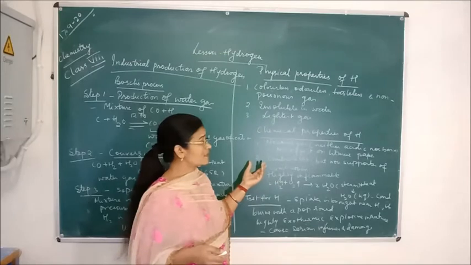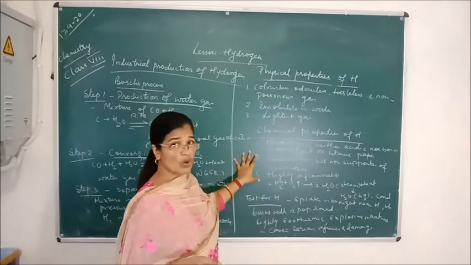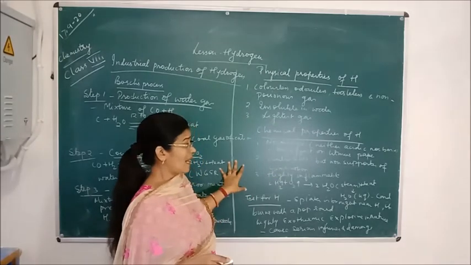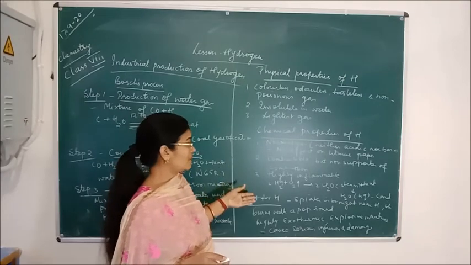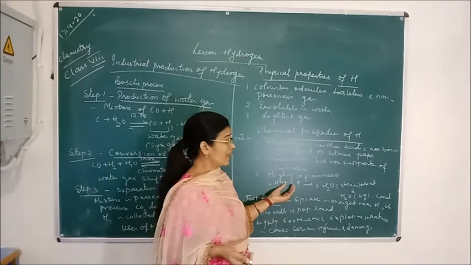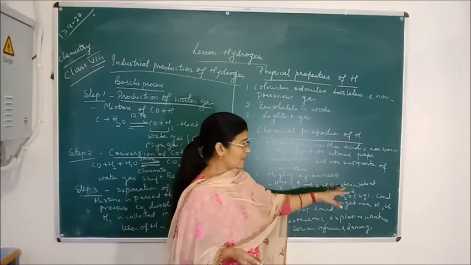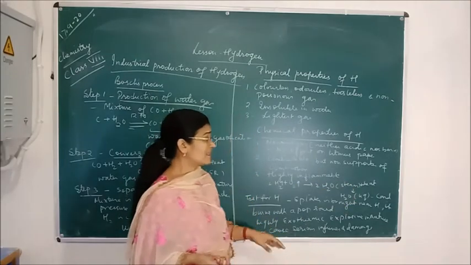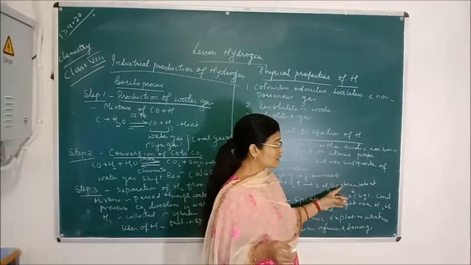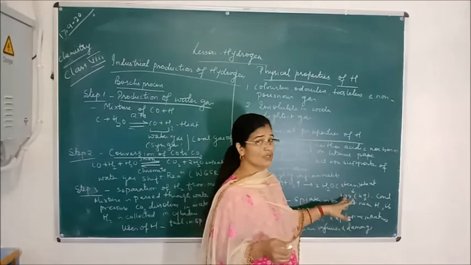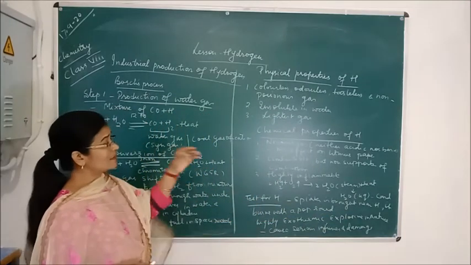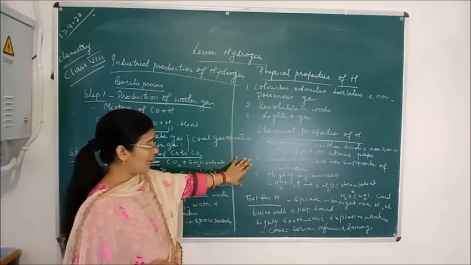And the second main chemical property is that it is a combustible gas but a non-supporter of combustion. So combustible in nature, it is a highly explosive gas, we can say, and highly inflammable also. That's why when hydrogen gas combines with the oxygen of the air, it forms steam, that is H2O, and heat is produced in a large amount. And this water, that is steam which is formed here, is now condensed and converted into liquid water. So these are the three chemical properties of hydrogen.